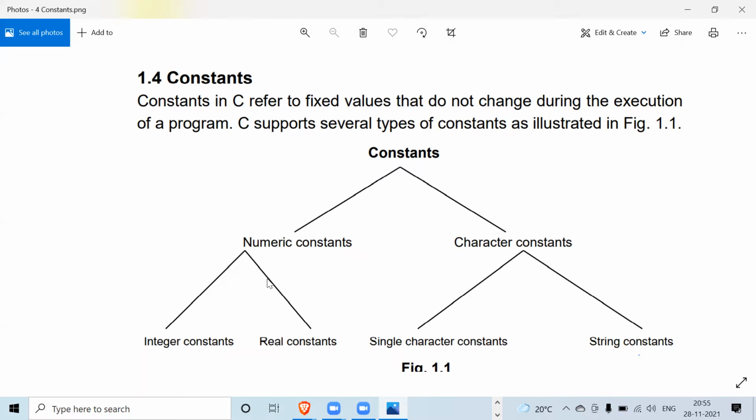Now they are further divided into more categories. In numeric constants, two different kinds of constants are possible. One is integer constant, another is real constant. I will tell you what the difference is. Let's say you declared constant integer a equals -5. Now -5 is an integer. That means the value of a is going to be -5 throughout the complete program, coding and execution. The value of a will never change from -5. So that is an integer type constant.